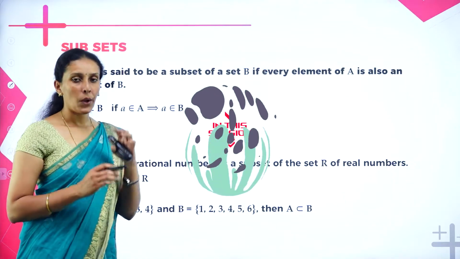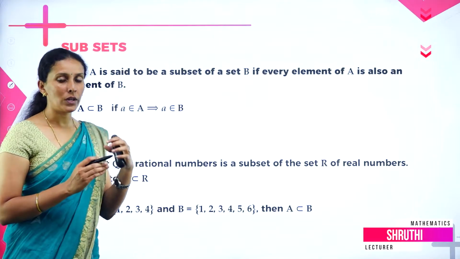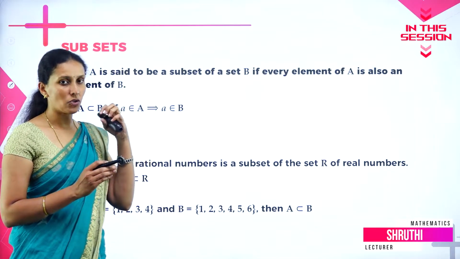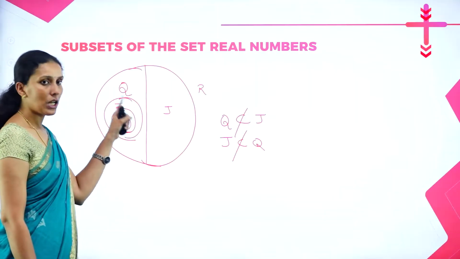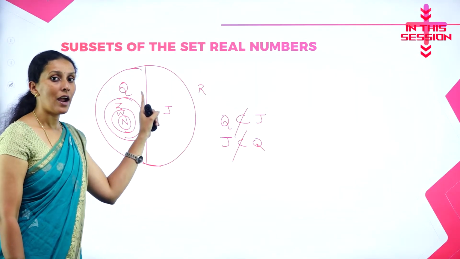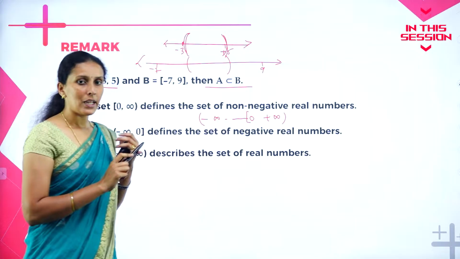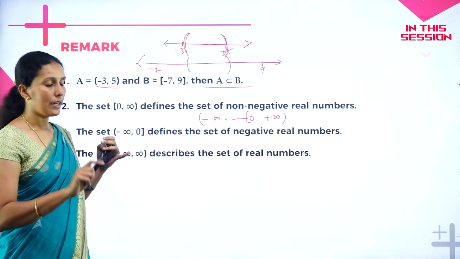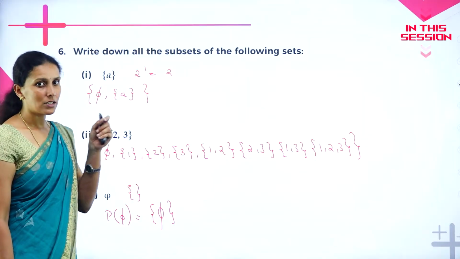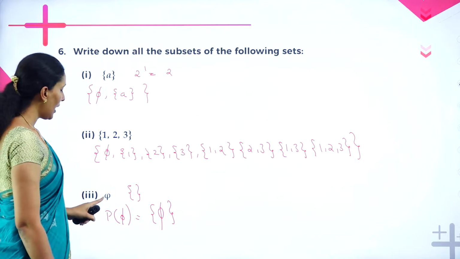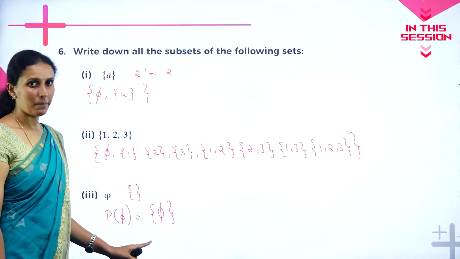Subset. When I say one set is the subset of other, it is possible only when all the elements of the set A is in the set B. Rationals cannot become irrationals and irrationals are completely different from rationals. 0 and all positive real numbers are called as non-negative real numbers. Every set is a subset of itself. We can write only the empty set inside the power set of an empty set.